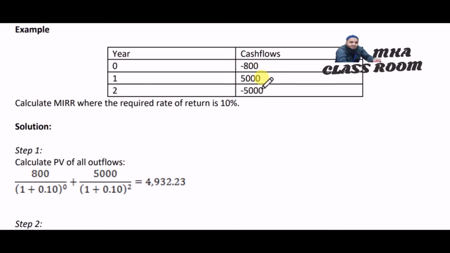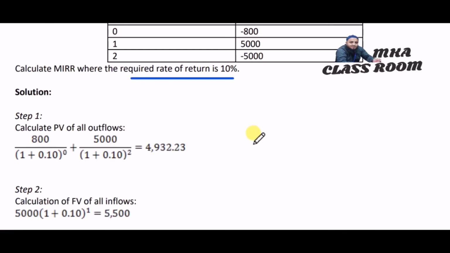Year 1 is 5,000, year 2 is negative 5,000, that is again a cash outflow. Then we calculate MIRR. Our required rate of return is 10%. Now the solution. Step 1, calculate the present value of